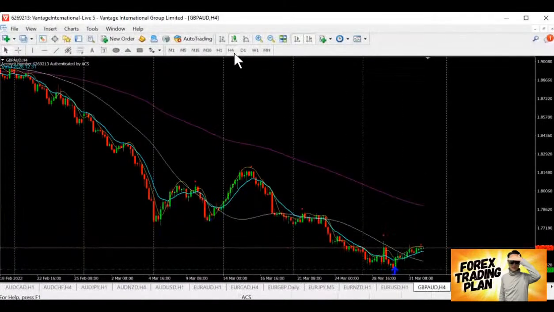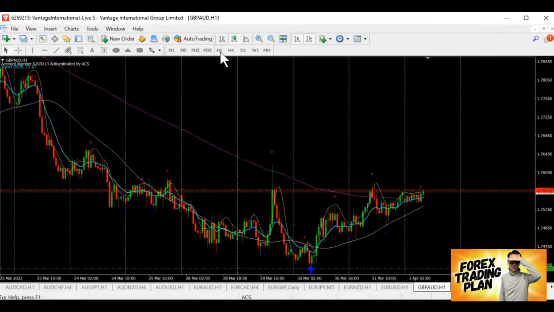So right here, okay. Yep, Pound Aussie. Yes, I'm going to put Pound Aussie into my list. Okay, confirm. Because just now when I was looking at this, it's the ending of the retracement. So it's actually coming for a selling very soon. So let's wait and see how it goes.